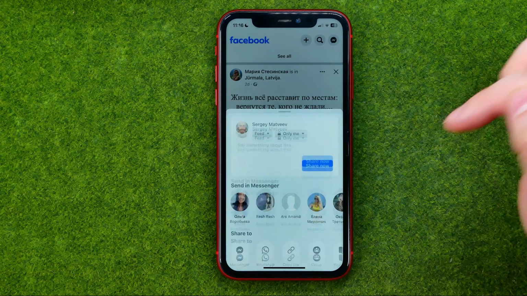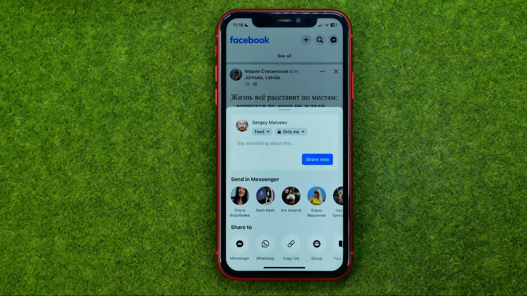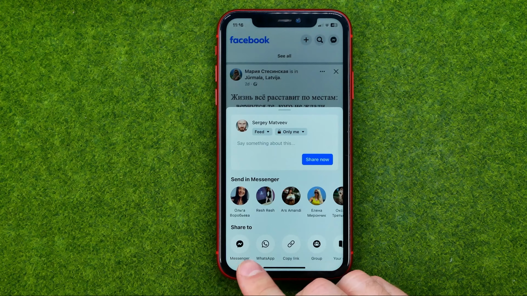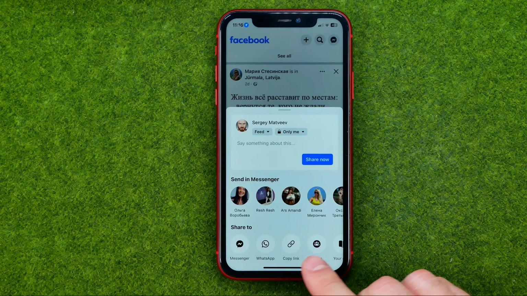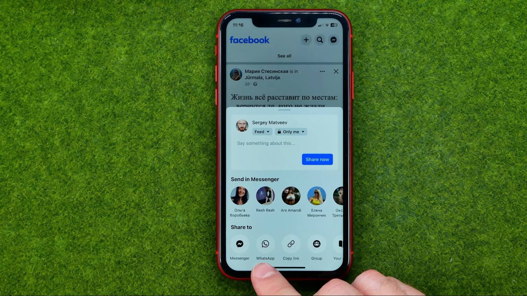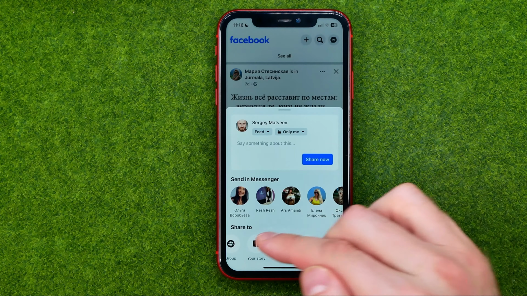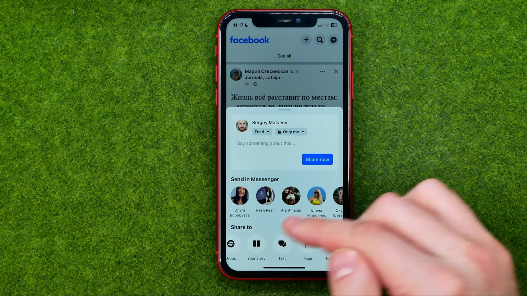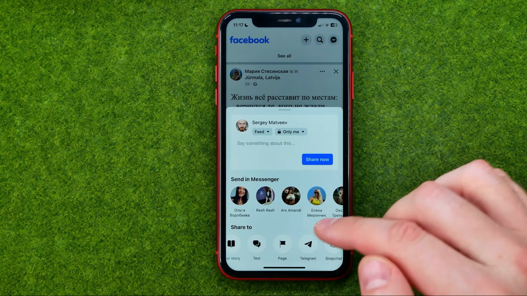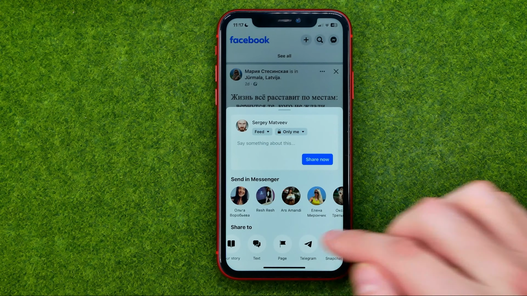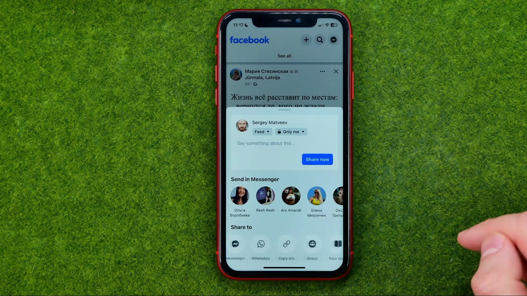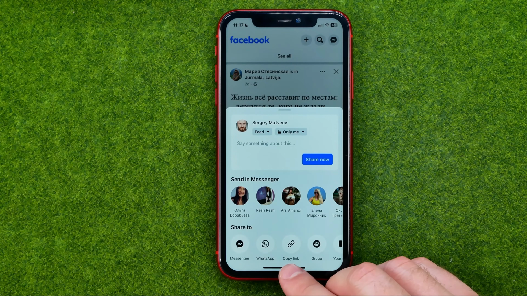Also, from here, if we tap on share, we'll be able to use any app from here to share that post. We can send it via WhatsApp. We can also add this post to our story. We can add that to a page. We can send it via Telegram, Snapchat, and also we are able just to copy the link to that post